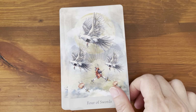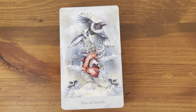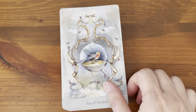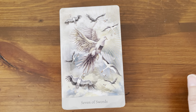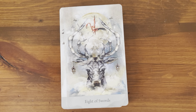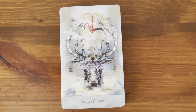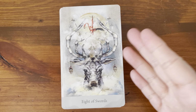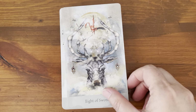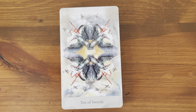Four of Swords, very non-traditional. Five of Swords, Six of Swords, Seven of Swords. Oh, by the way, the minors are represented by different animals. So the sword suit is represented by the birds. That's why there's a lot of birds in the sword suit. Nine of Swords, Ten of Swords,